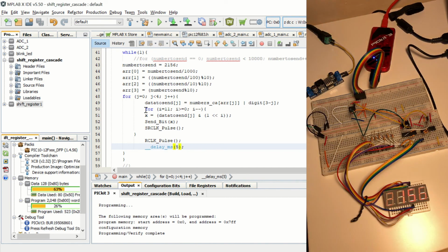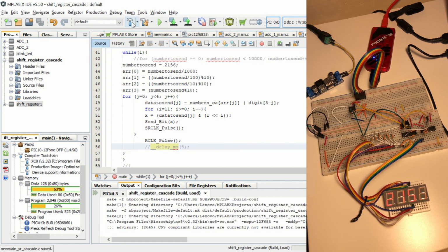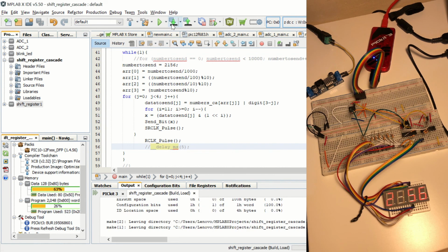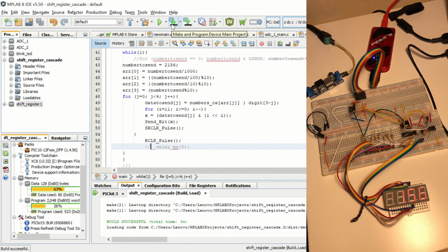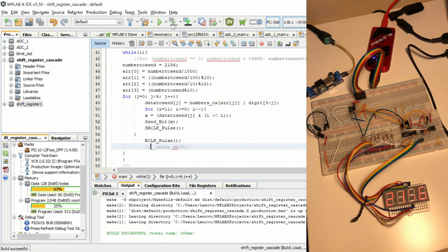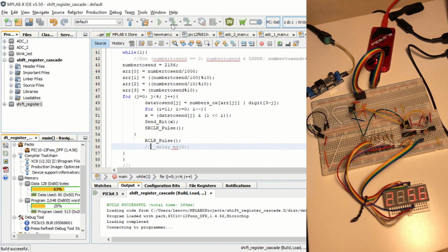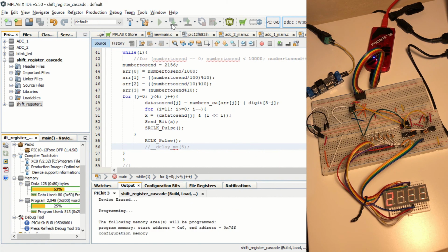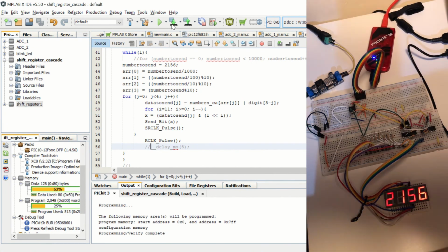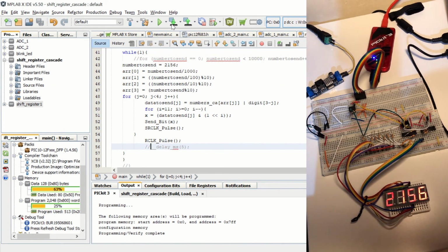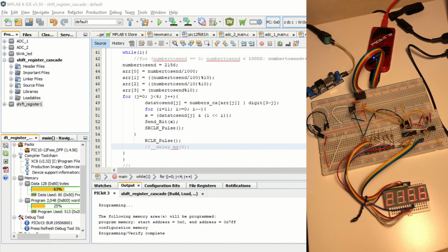So what I'm going to do is I'm going to delete the whole delay from the code, save it, build and run it. Okay, now we see a constant 4-digit value here, 2156. Actually, even though we deleted the whole delay, we should still be aware that we have a delay due